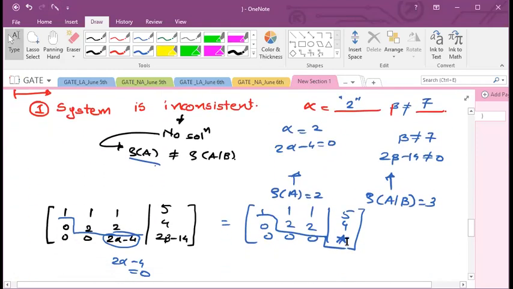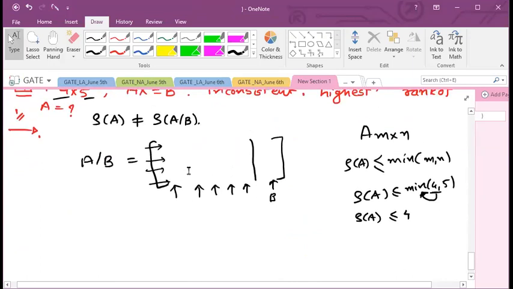So to make this inconsistent, we should make rank of A and rank of A augmented B different. And to make them different, definitely our rank of A should be less than its maximum value, right? Its maximum value is 3. Here rank of A's maximum value is 3. So definitely its value should be less than 3 always. Because this will be 0, and if this becomes 0, then and only then your rank of A augmented B can take a higher value than rank of A. Then and only then your rank of A augmented B will be different from rank of A.